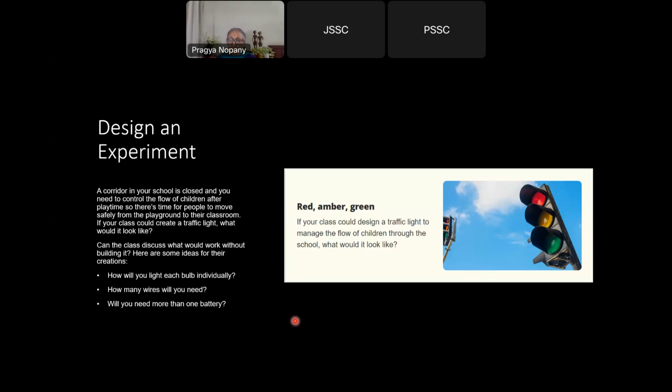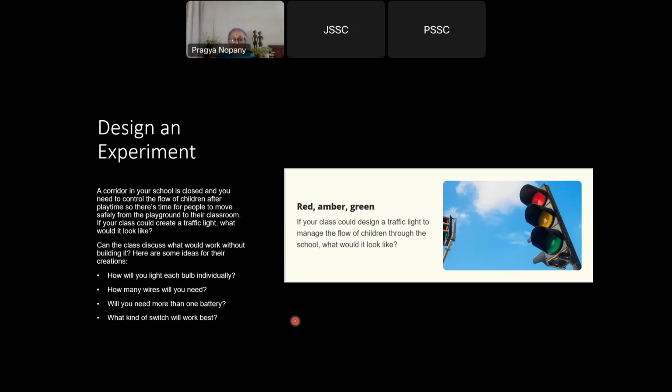Whatever. The point is not that everybody should give us correct answers. The point is that they should be able to think of a way to design this traffic light. And if they are thinking of a way, then what are the materials they might need? What are the ways in which they may need to connect those materials? Can they do it in minimum material? What would be the cost? So, this is just to get them thinking about it, get them to explore and plan and design, right?